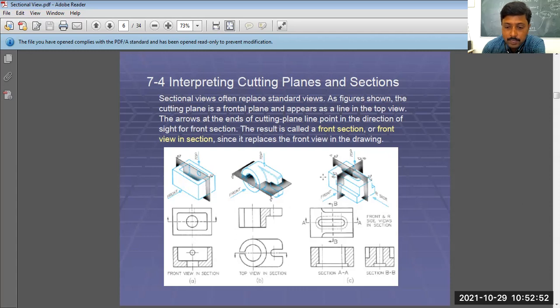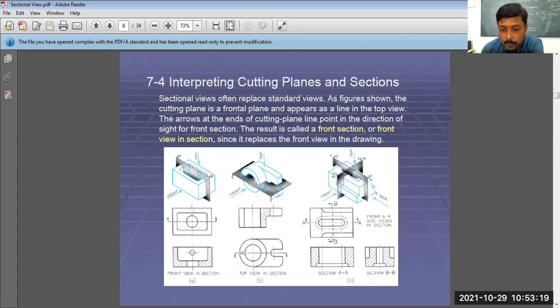Now in that case, we are going to get the front view, side view, and top view. In the top view, you can observe that the AA plane is in this direction, because we are looking in the front direction in this way. AA will remove this part, and we are going to get these sectional views.